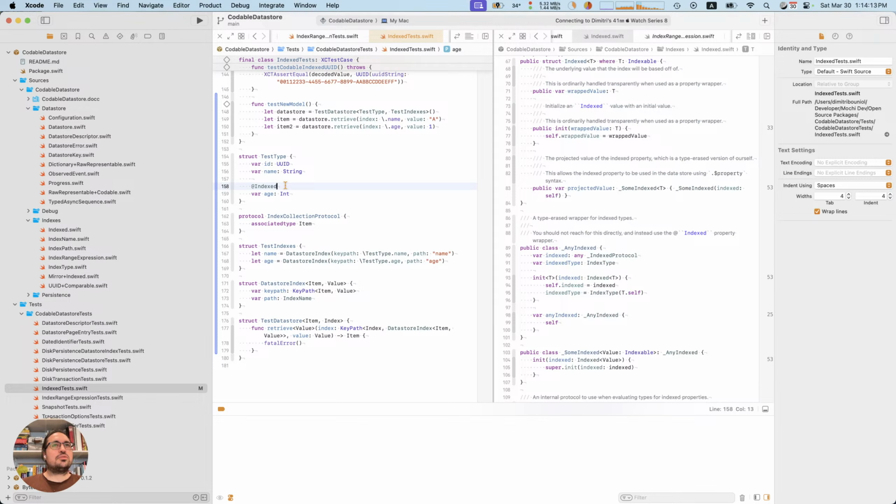Yeah, so I wrote up some magic where if you mark something with this property wrapper, it will go ahead at the beginning of setup time and figure out, hey, this age thing needs an index. Let me go ahead and build one. So you don't need to think about making an index for age. Name doesn't need an index, but age you decided does need one, because every index you add adds a bunch of complexity to the background, because you have to duplicate everything. So you decided age is worth having an index.